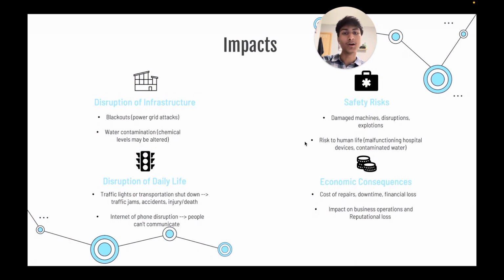For example, attackers could shut down a city's power grid, damage water systems, or disable traffic signals. These affect millions of people at once and can take time and resources to fix. Another serious impact is safety risks. In hospitals, attackers could